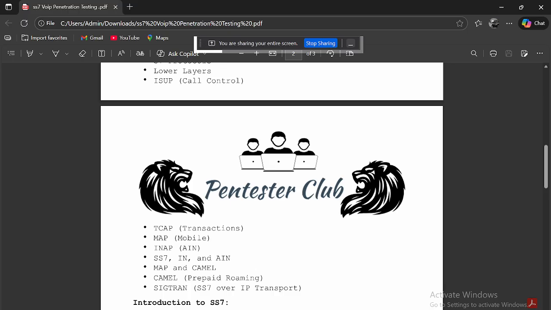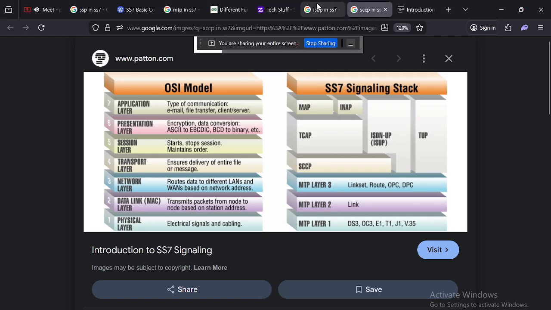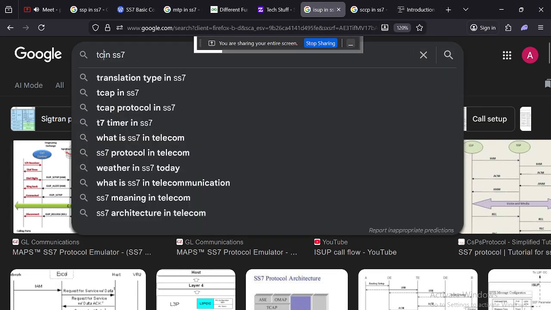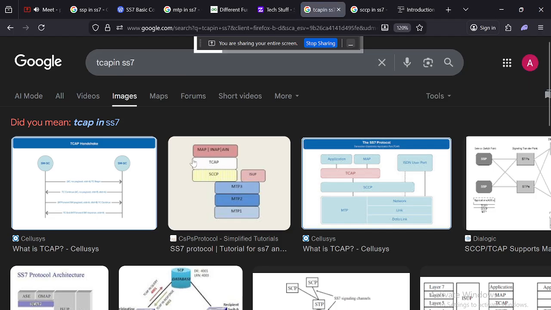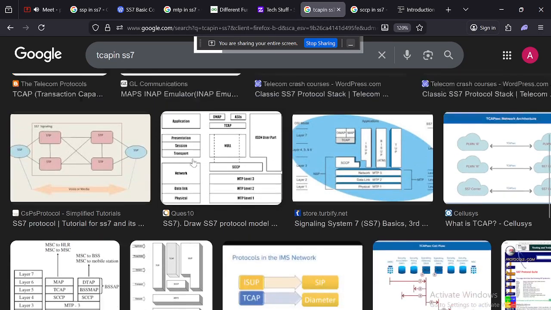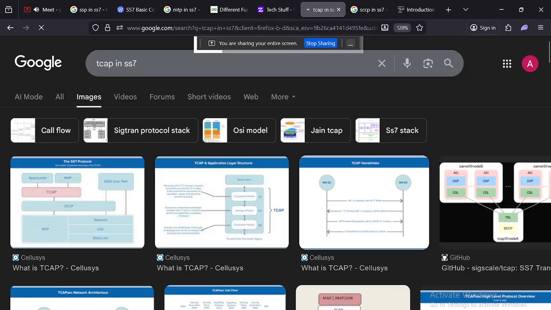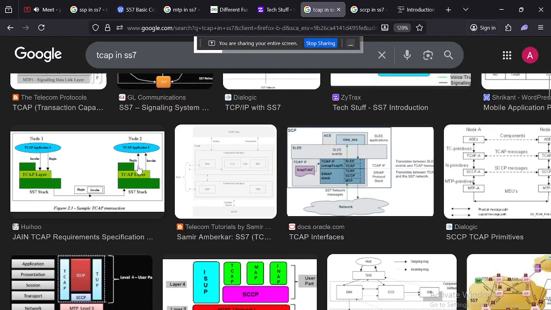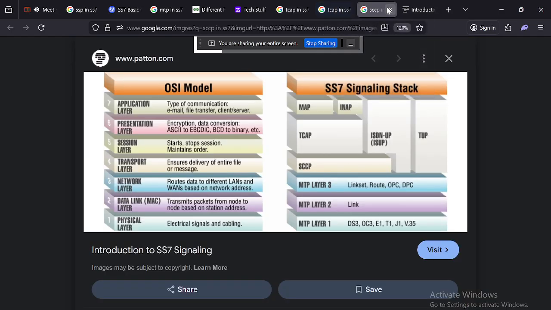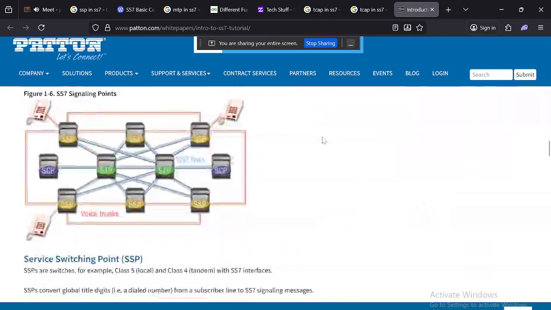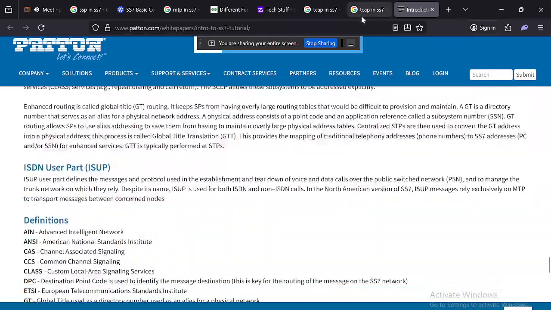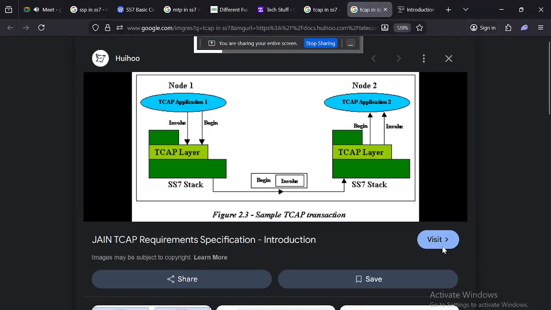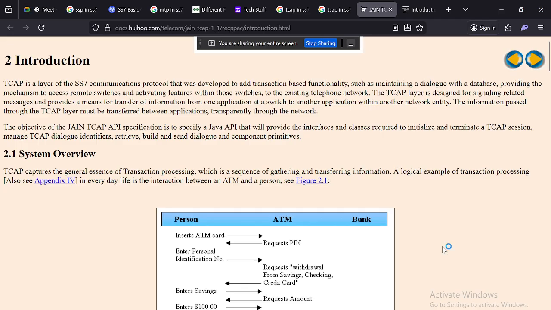Now we would like to discuss TCAP. What is TCAP? TCAP is the Transaction Capabilities Application Part.